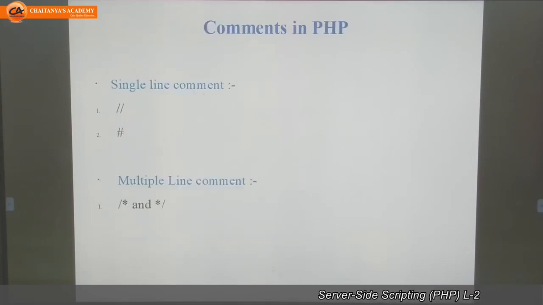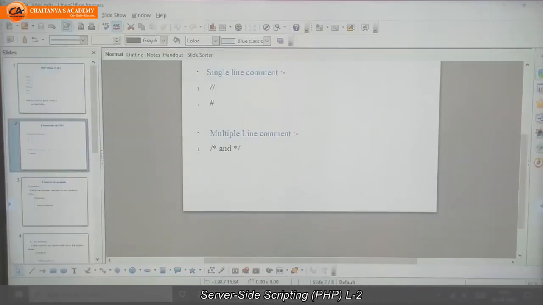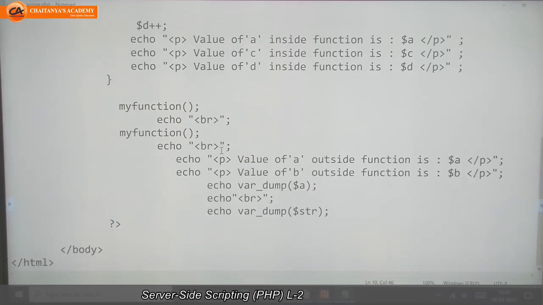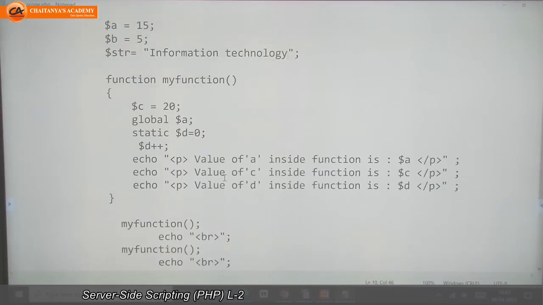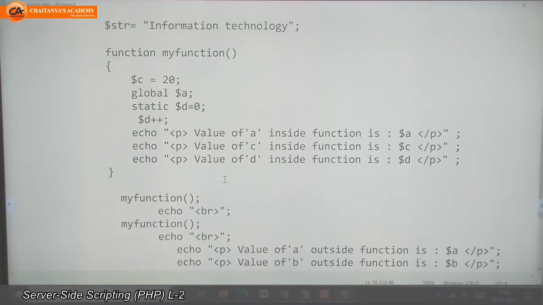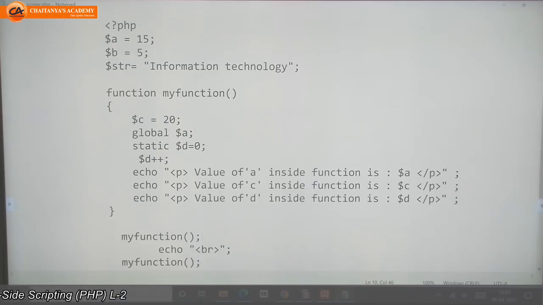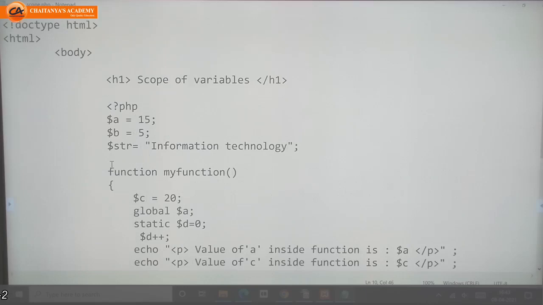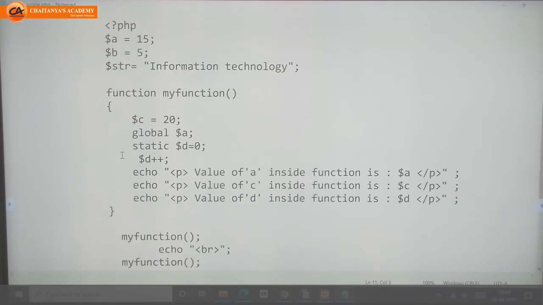Next, comments. Comments means what? If you want to pass certain instructions in your programming code. So in this programming code there are no instructions. I don't know what I did, where I did. To simplify your code, if you want to pass some instructions, such as for what purpose the following line of code is, what this line of code is doing, what we want to do at this line.